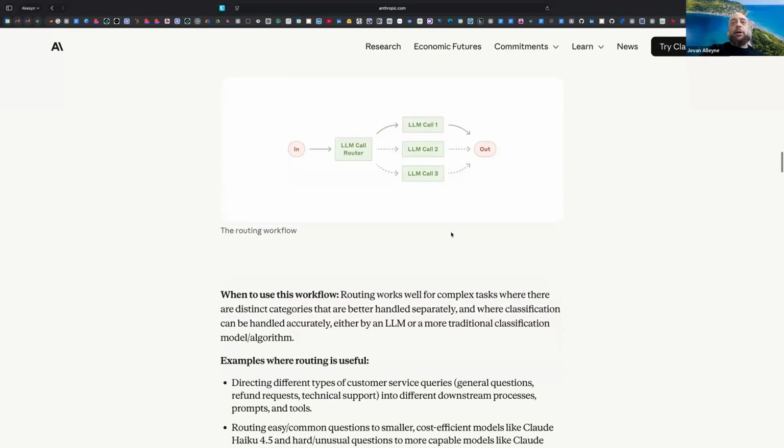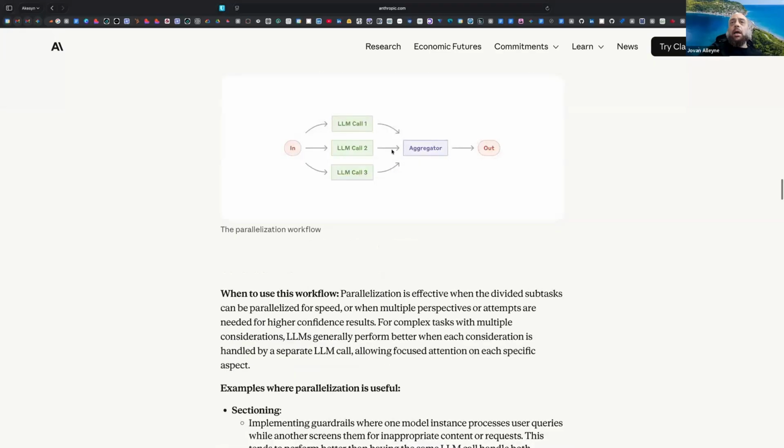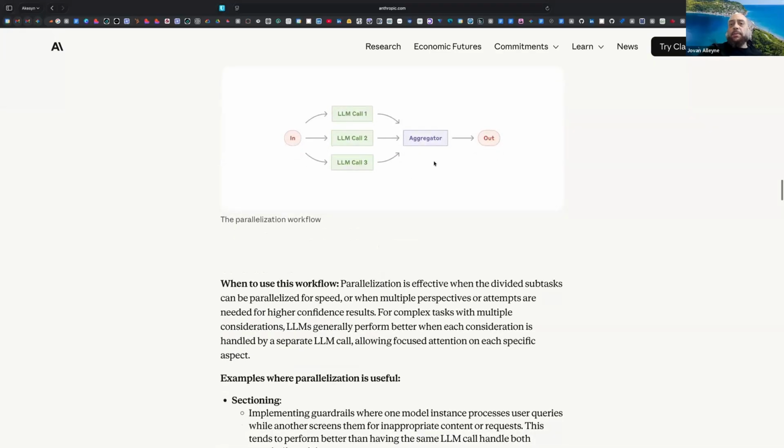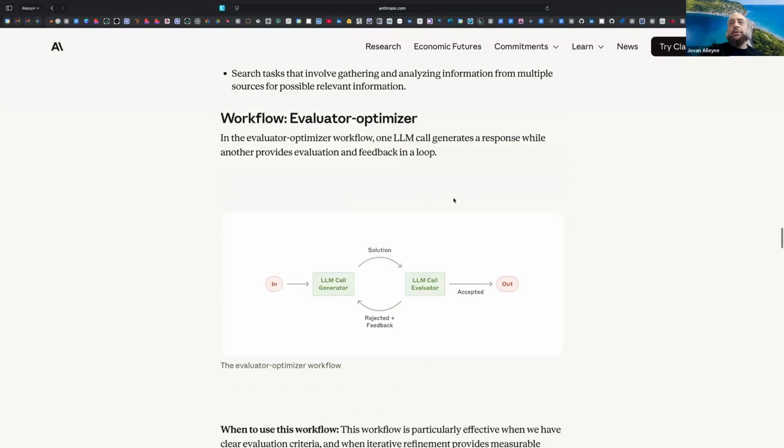But then you may end up in these more complicated or more sophisticated scenarios, where in this one it's more of a consensus system. So you send the same problem to three different AIs. You might try it with Qwen, you might try it with Claude, you might try it with Google, and then you aggregate and decide which one is the best result. Then you can synthesize that into a final result.